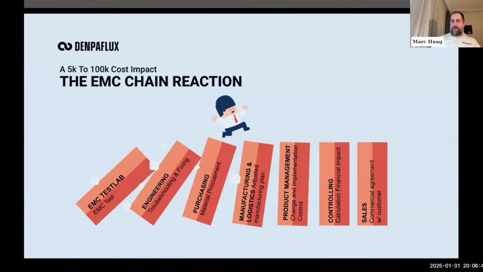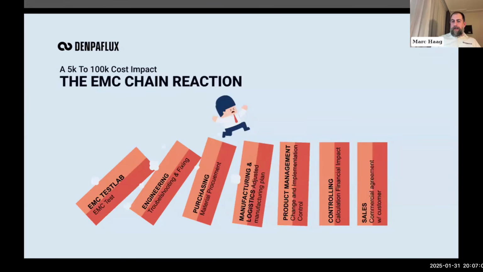But now, as I've been working longer for Denpaflux, I understand how it works. It's kind of a domino effect. We had to delay projects. We had to say to the customer, sorry, the BOM cost is increasing because we had to add material. And that all goes to the front when an EMC